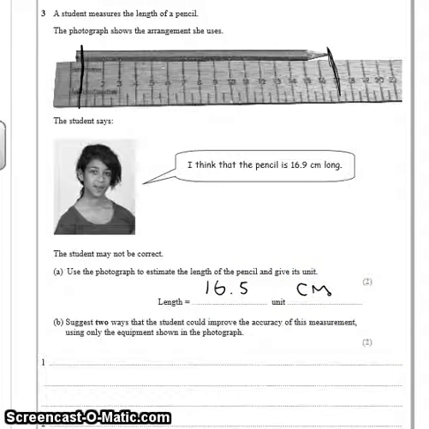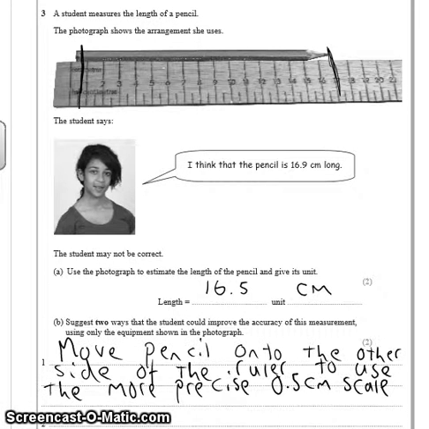Suggest two ways that the student could improve the accuracy of this measurement. Well, at present the pencil is on the centimetre scale side and not on the 0.5 centimetre scale. So what we could do is move the pencil to the other side of the ruler, so move the pencil onto the other side of the ruler to use the more